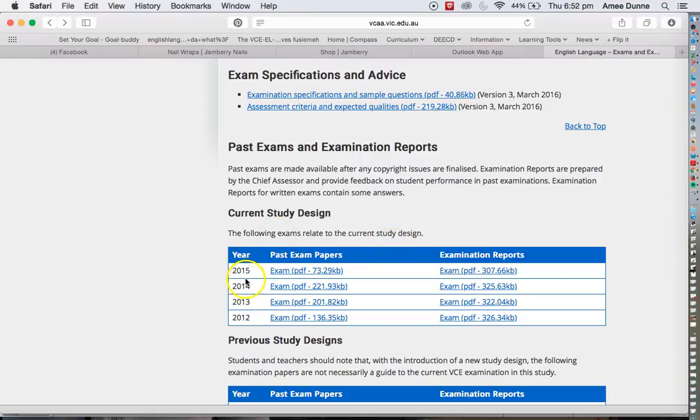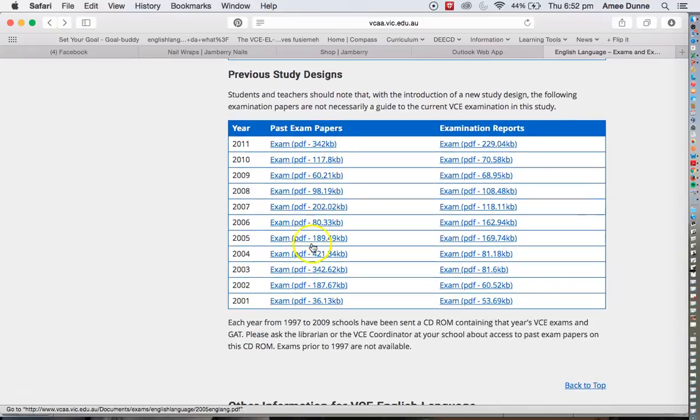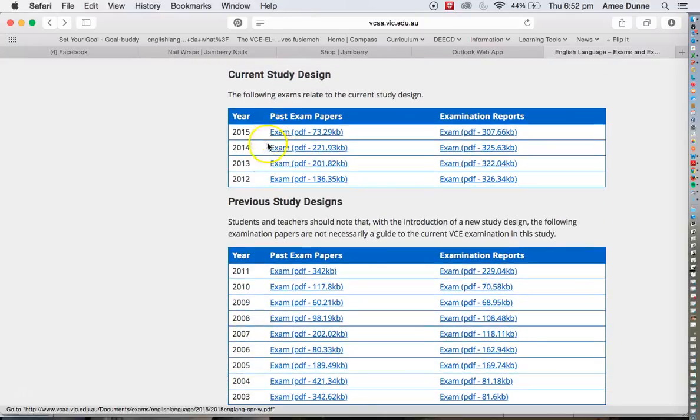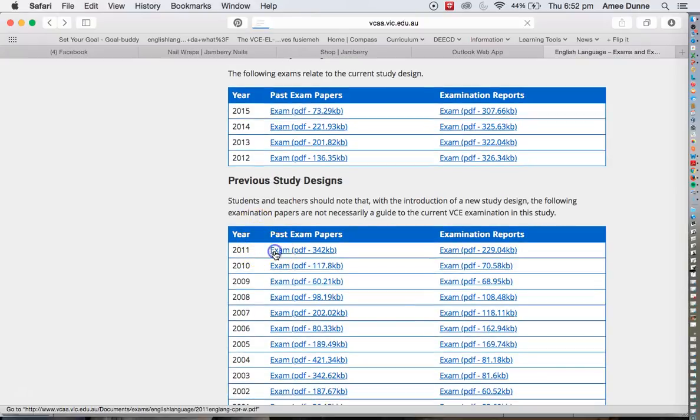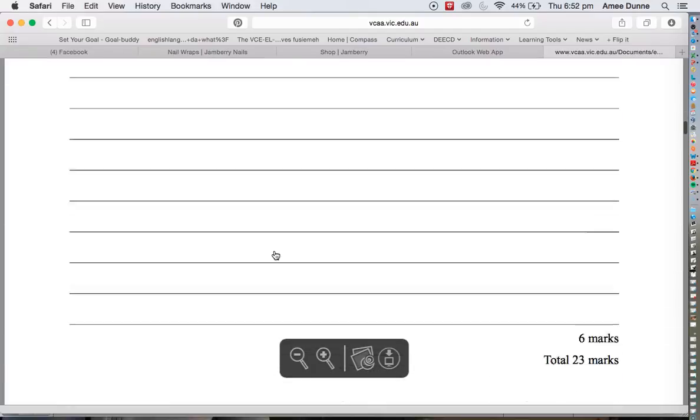Now again, you might say that we only have the exams from 2012 to 2015 because that's the current study design. I'm now going to tell you that you're wrong. You don't just have these ones, but there were also essays in all of these exams here. So that is quite a lot of essays. So you have from 2001 to 2015. Now if we click on one of those and scroll all the way down to the essay section,